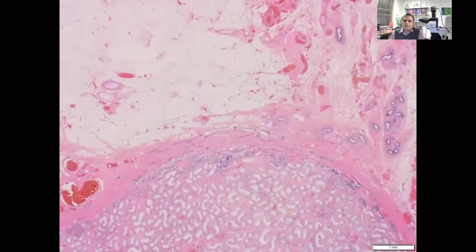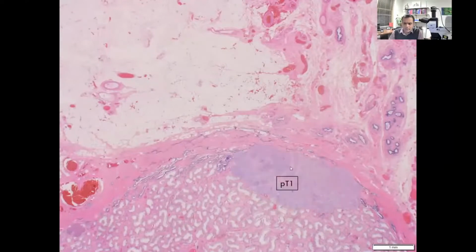In this section, you see there is a lot of fat in this area of the testicular hilum compared to the right side, where you find the efferent ductules and only fibrous connective tissue, and not adipose tissue. If there is a tumor which is involving the testicular parenchyma here and not involving the albuginea, it can be called a pT1. That's easy. But in conditions where there's a tumor on the fence like this, when it's slightly extending outside, but you're not sure whether it's going in or not, especially in areas which do not have fat like that,